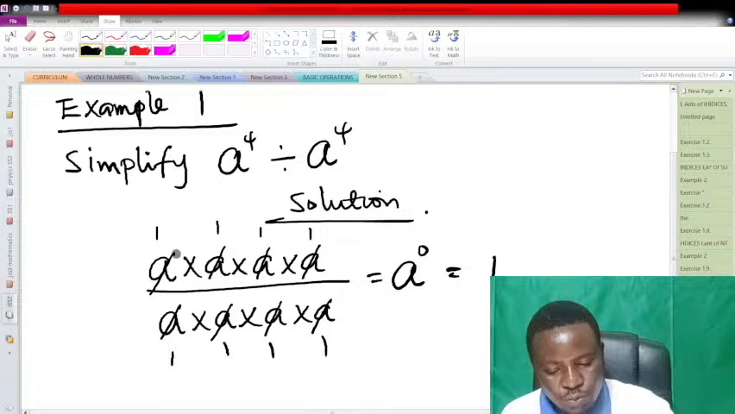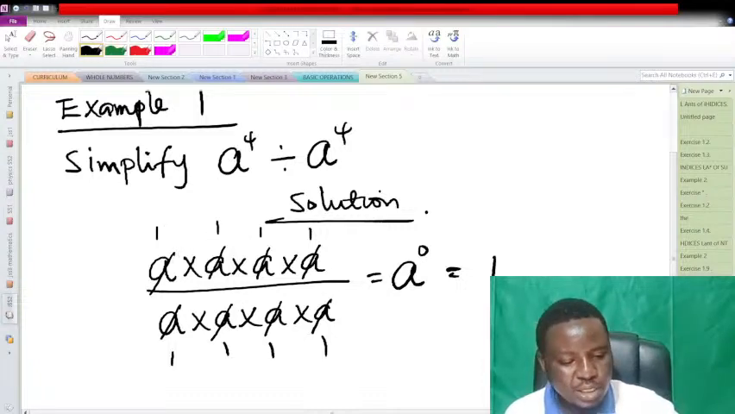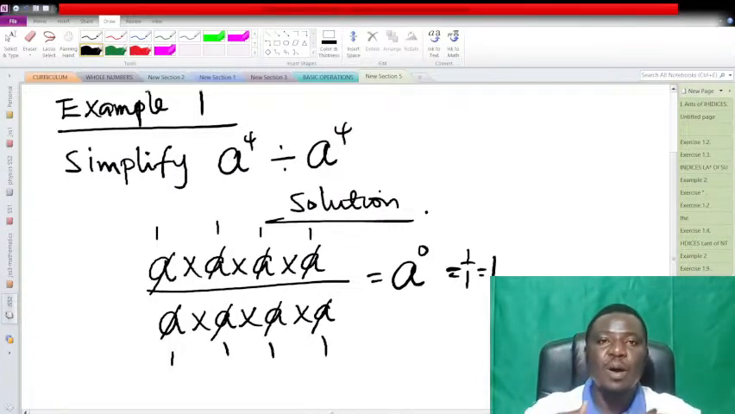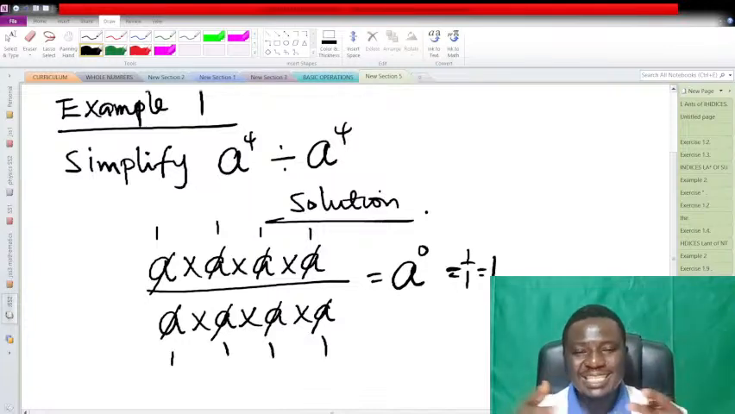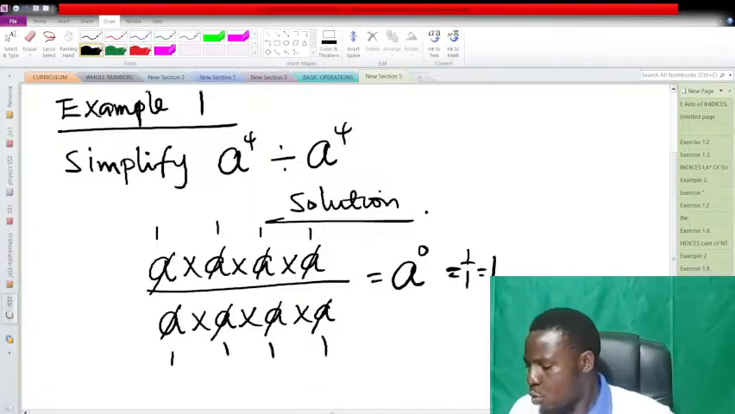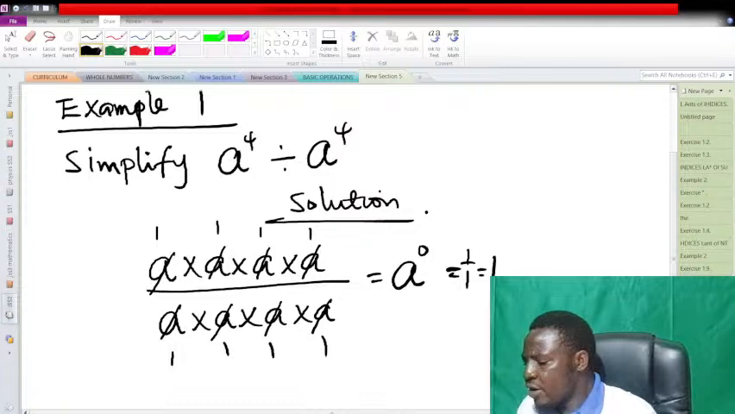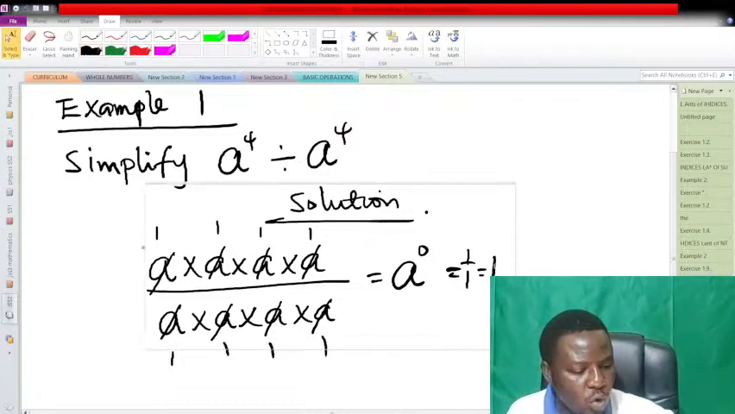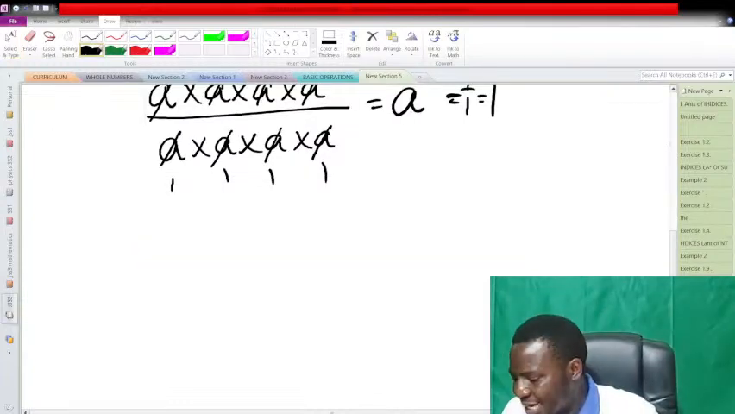And this can be said to be equal to 1 times 1 times 1 times 1, which is 1 over 1, and 1 over 1 is still equal to 1. Or we can say it is a raised to the power of 0, meaning no a is left. So we refer to this as the zero law, of which we can say that